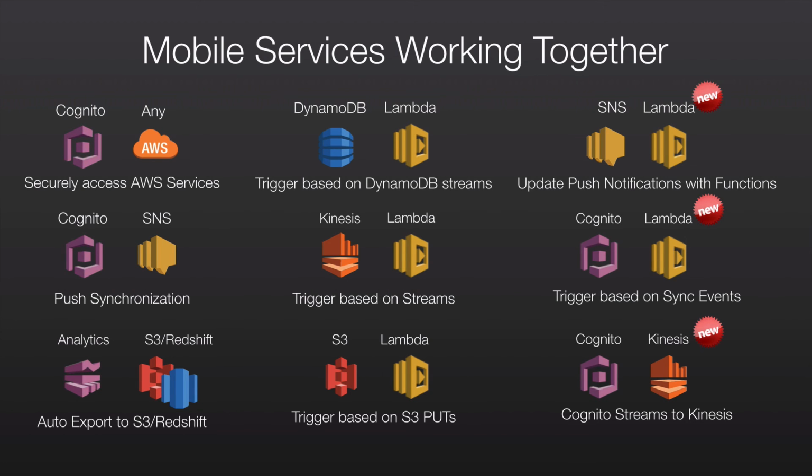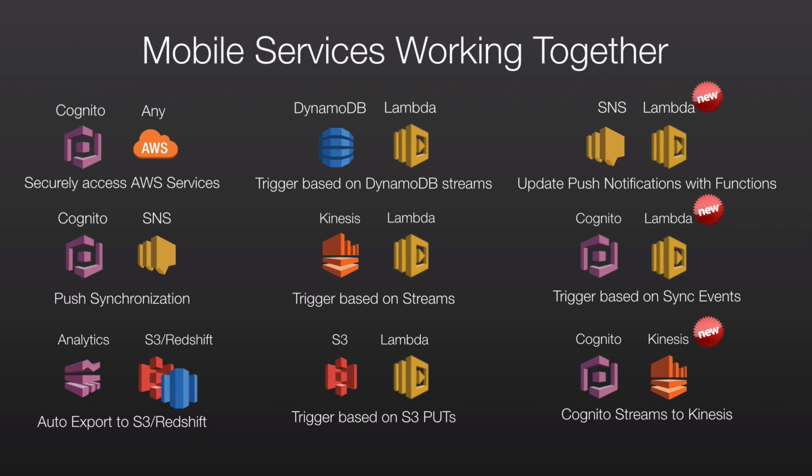And then several new integrations. SNS and Lambda, that's a new integration. Cognito and Lambda, triggering Lambda functions on the basis of sync events. And with Cognito, you can now stream Cognito sync activities into Kinesis and obviously take action on those asynchronously as well. So a very powerful set of services if you consider the different options that you have for integrating them and